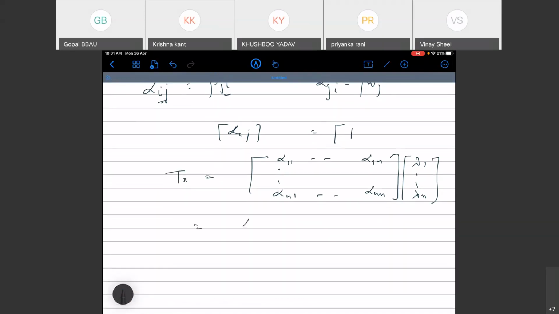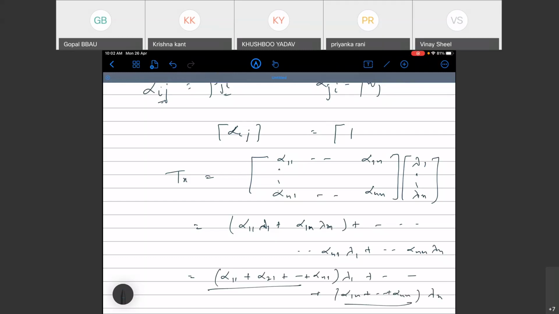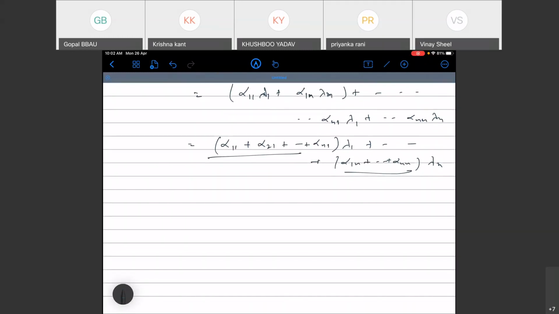अब इधर से ये Tx कितना आएगा, α11 λ1 प्लस α1n λn प्लस डॉट डॉट डॉट αn1 λ... तो यहाँ से क्या आया आपके पास, α11 प्लस α21 प्लस αn1 λ1 and so on α1n αnn λn, एक रिलेशन आए, ठीक है। ऐसे ही आपके पास बीटा, वहां पर आपको बीटा के लिए मिलेगा